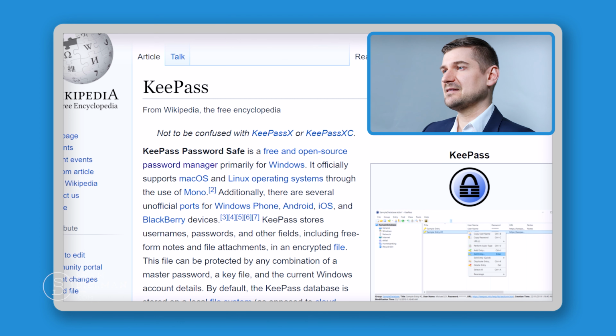So we're not going to get into the details about how exactly it works. We're not going to talk about what level of encryption it has. We're not going to talk about all of its features, but if you want to come to this webpage and read about KeePass, please do. But generally speaking, I think that this is a really good password manager, and this is the one that we're going to use for the purposes of this demonstration.